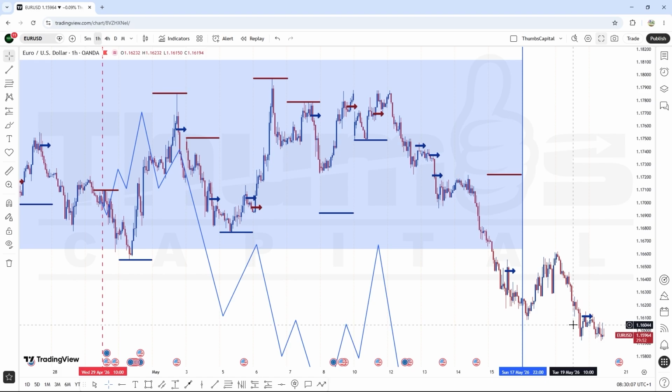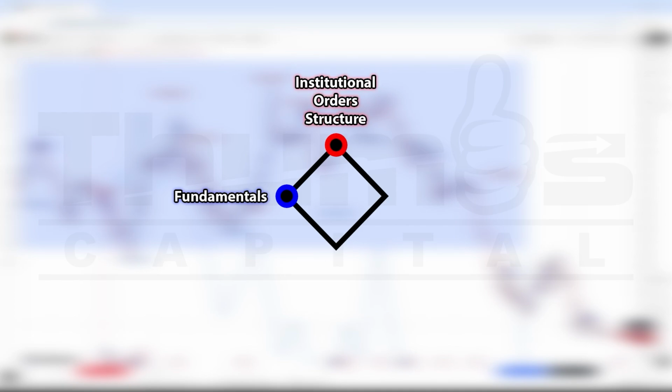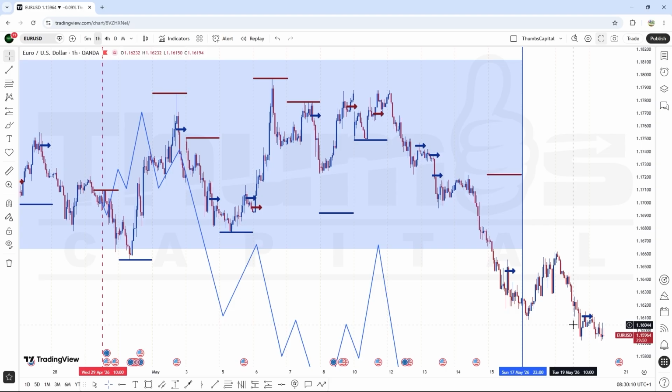This direction analysis that we do is based on fundamentals, institutional order structure, price cycle and contract cycles. And the orders, as you can see marked on the chart, are the institutional orders that we share in our